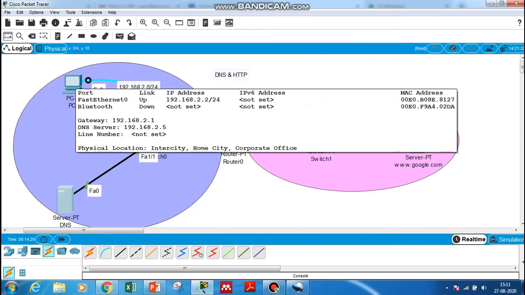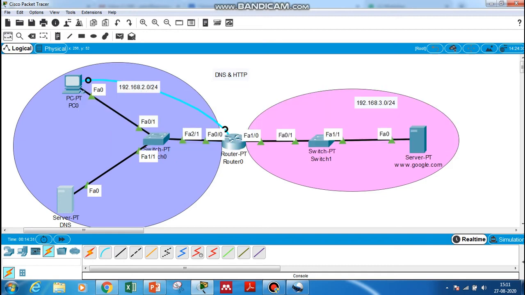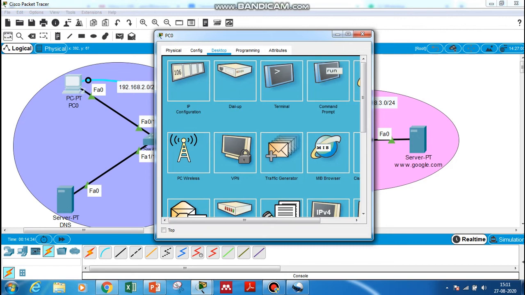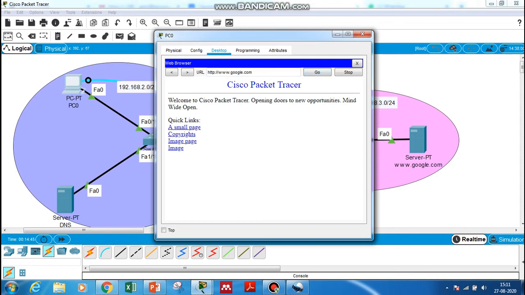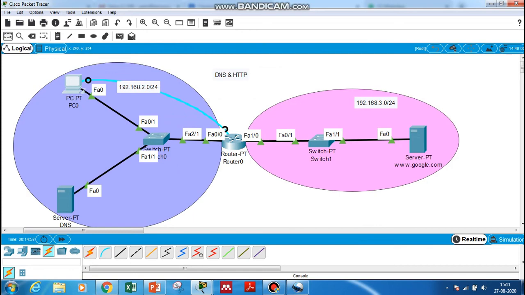One more time we will check the PC. The PC IP is set, gateway is set, and also DNS server is set. Now we will try www.google.com. Yes, this time we were able to get a response. We did not get the error message, host name unresolved, because as soon as I give the URL, it goes directly to the DNS server. The DNS server checks its record and converts that URL into an IP address and responds to the PC. Now the request packet can be framed with the IP address of the destination web server.